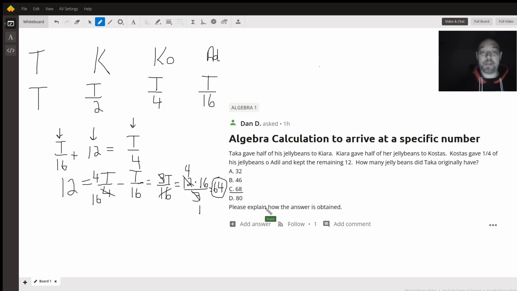You could also work with the numbers. Now, ideally, when you work with the numbers, you would find,